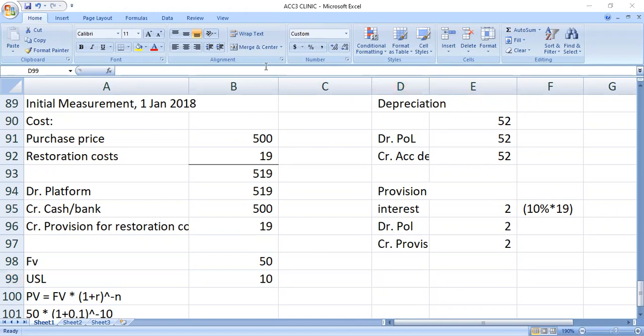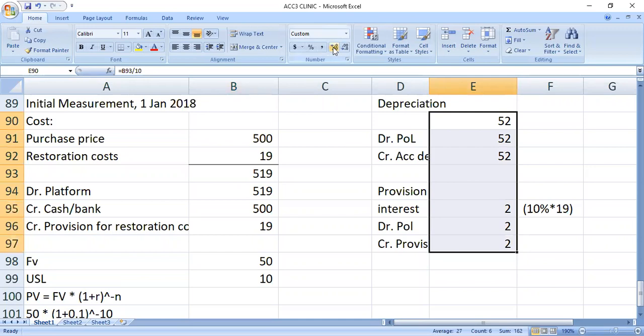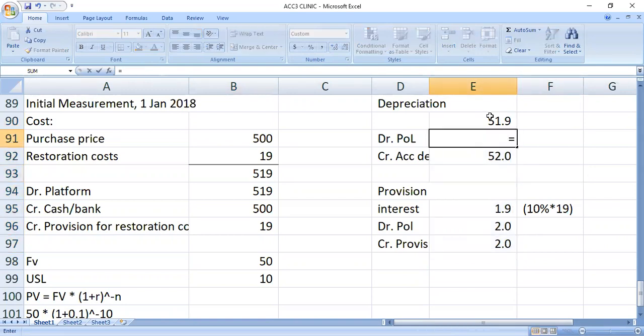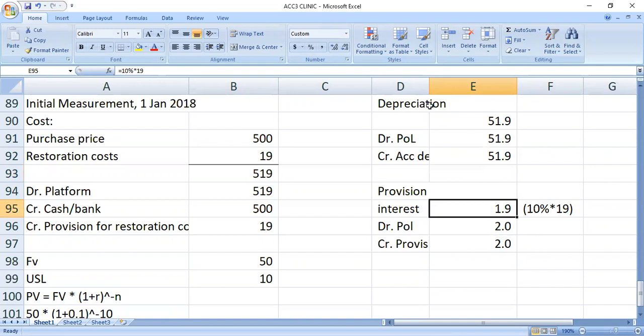Hello guys, how have we got 52 for depreciation? You divide the cost by the useful life, and the cost is this 5. Okay, let me remove these small places. I think they are becoming an issue. Okay, so depreciation is cost. Where are you getting the